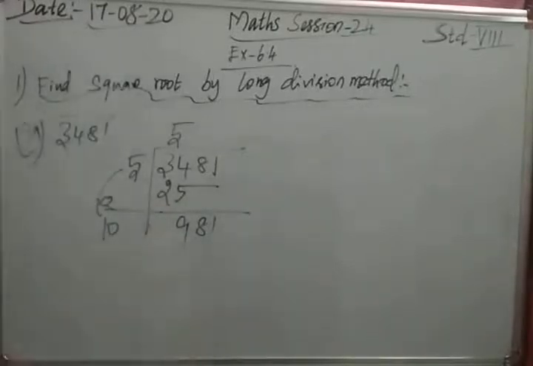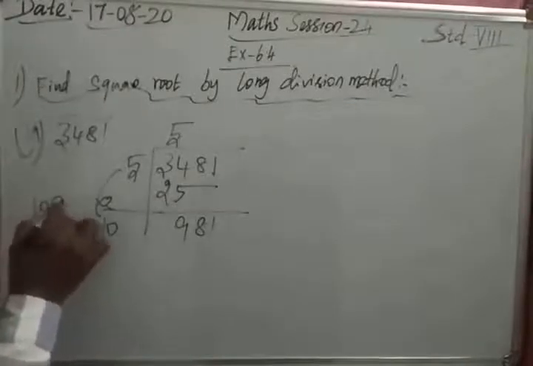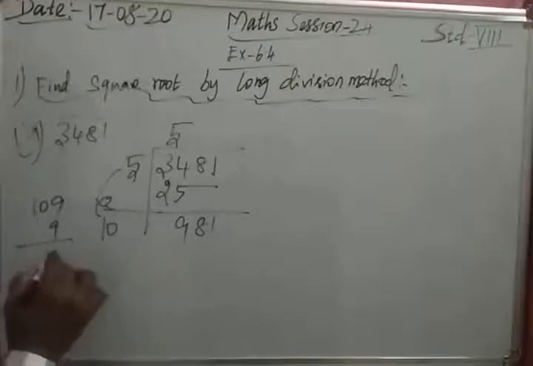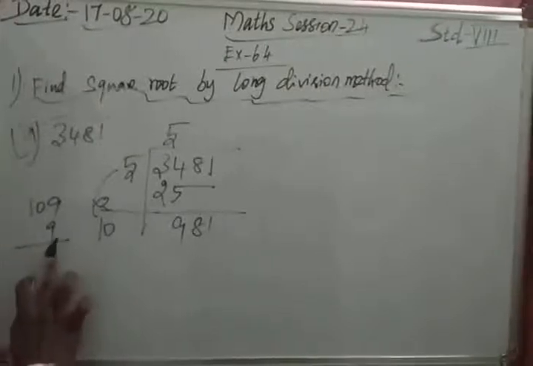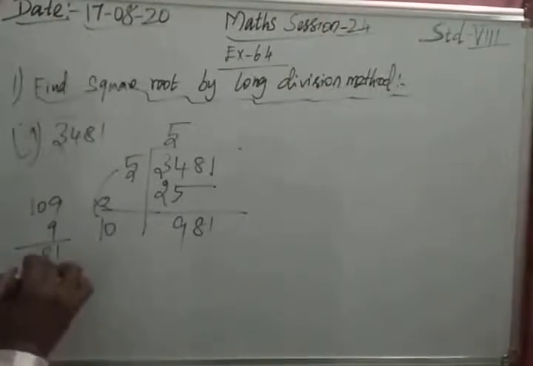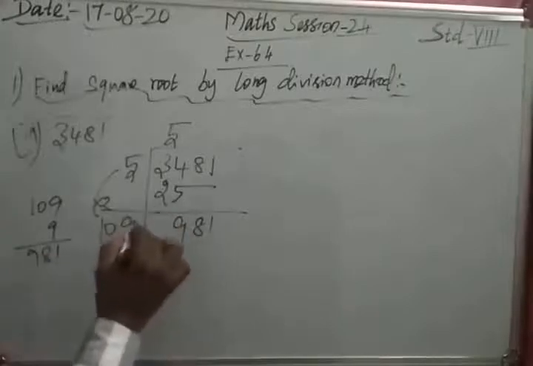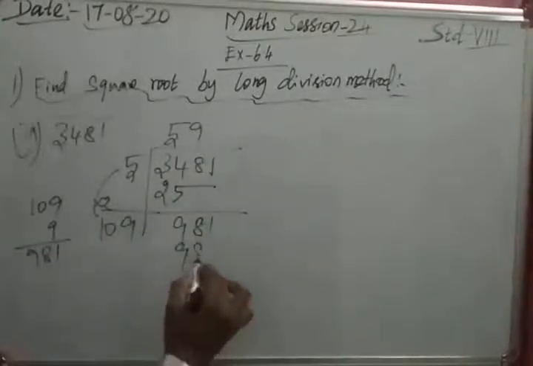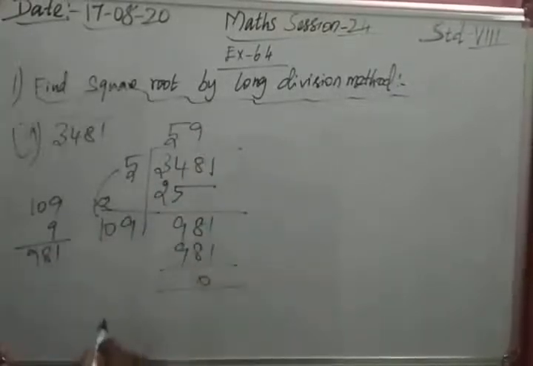Ending with 1, which are the numbers there? Ending with 1, only 1 is there. 101 into 1, 1 only we will get. And other than that, we are getting 9 9s are 81. So of course, when we multiply easily, you can find out 109 into 9, sorry, 9 9s are 81, 1 9s are 9. That is 981.